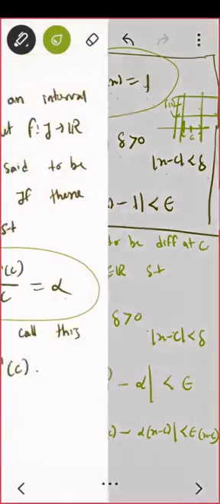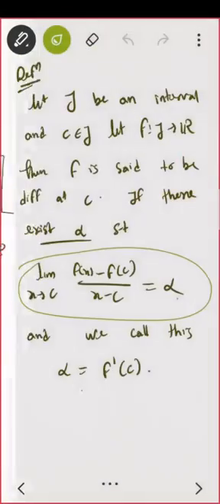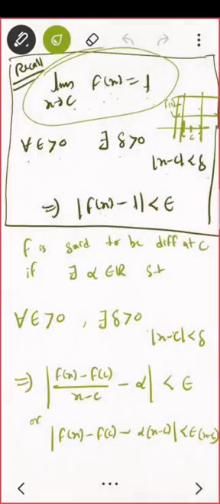So let us give some example. Differentiability का definition मिल गया. That is, this limit should exist and that should be equal to alpha. What else we are supposed to do? Some example. So to solve any example, let us do the first thing: check whether it is differentiable or not. Say f of x equal to a constant, or say f of x equal to k. What do you know, whether it is differentiable or not?